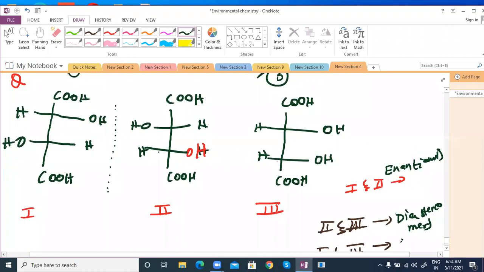Here they have given it directly, straightforward. By looking at the structures you can see the word diastereomers, but in the examination they will give it with changes. So instead of this OH, they will keep COOH here, and they can exchange each other. Here they kept COOH, then OH is going to be in the COOH position. Like that they can do a random number of exchanges. In that situation, how do we do these questions?